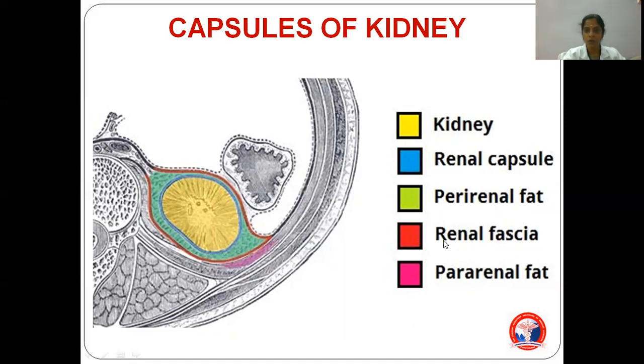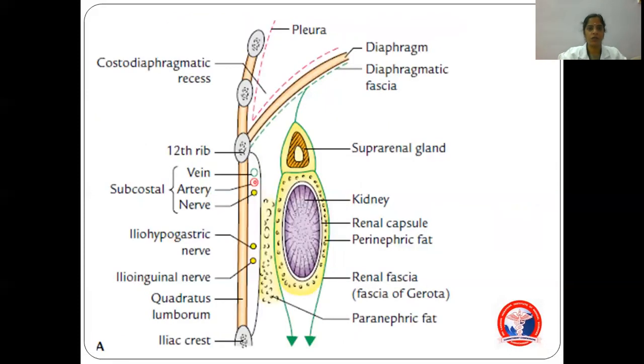Within that, we have to concentrate over the renal fascia. It's also called as fascia gerota. This one we have to trace above, below, medially and laterally. Okay, now we'll see that one. See here, this is the posterior abdominal wall. Here you can see the kidney. Above that we have the suprarenal gland. Okay, so first this kidney is covered by renal capsule. Then you can see perirenal fat. This green color is the renal fascia or fascia gerota.